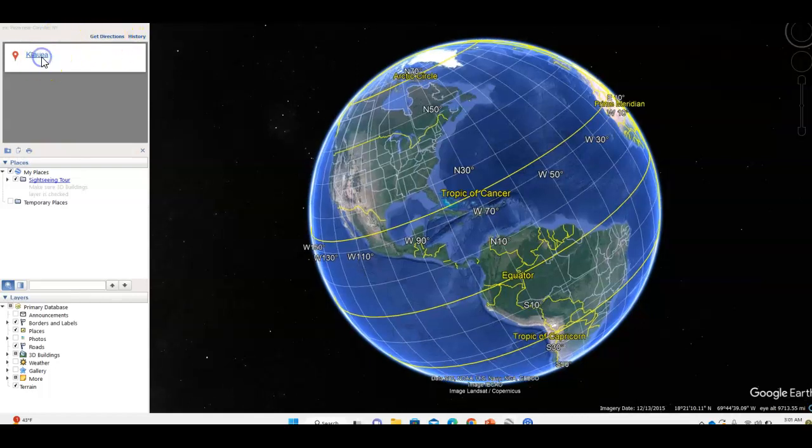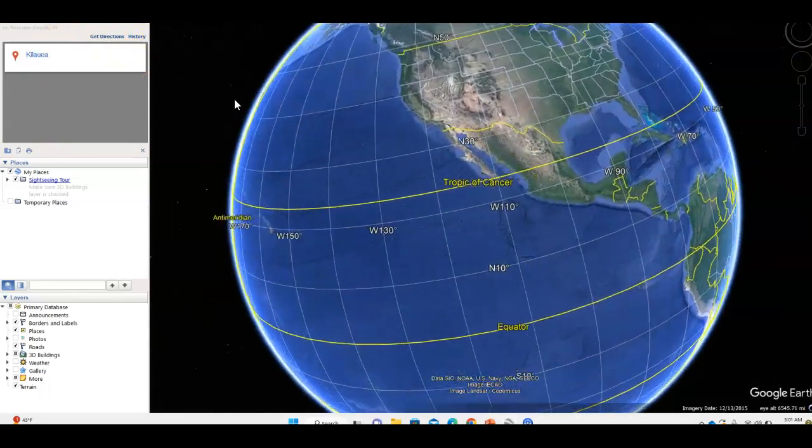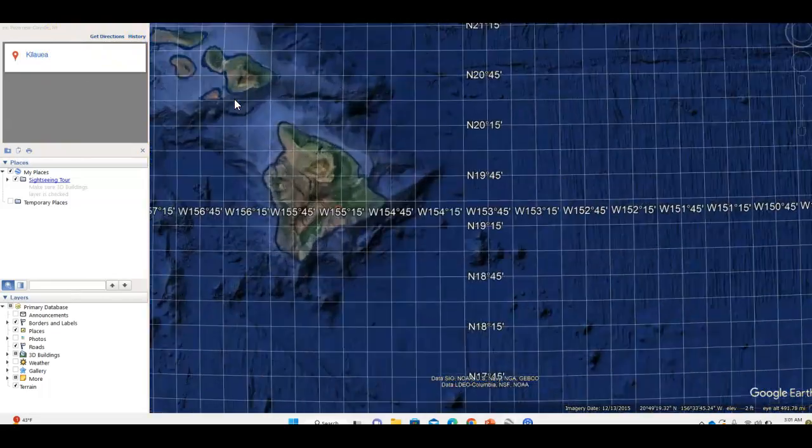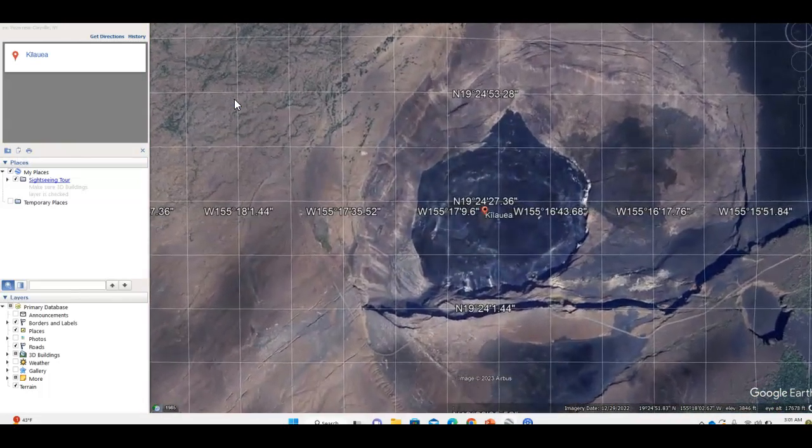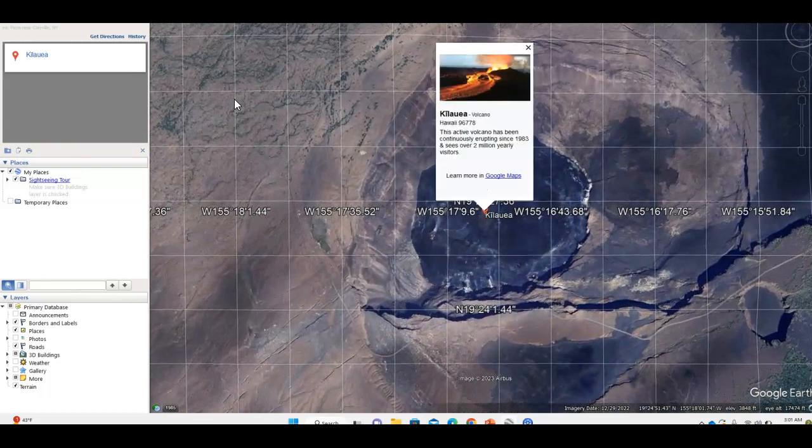Give me 1 second. And bada beam, bada boom, here we are. So this is located in Hawaii. As you can see, it's an active volcano. It's been continuously erupting since 1983. It sees over 2 million yearly visitors. So obviously this is a very big tourist destination. And it's honestly kind of scary that it's active and people are still going,